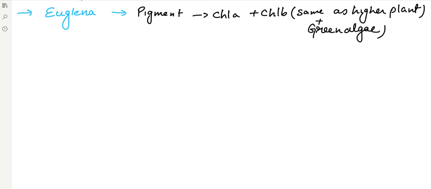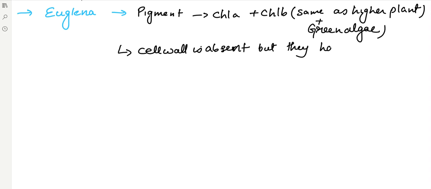Now talking about this particular group, what we see here is the cell wall is absent here. Okay, so there will be no presence of the cell wall in this particular group, but they have a protein covering